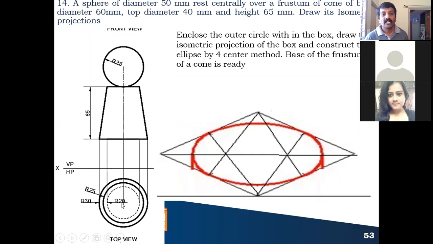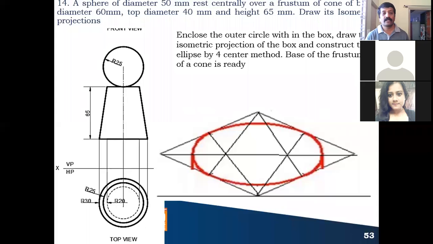Why is this inner circle shown as a hidden edge, a dotted edge? Because the sphere is placed above that. The top circle of the frustum of a cone we cannot see in the top view. That's why it is shown in hidden edges. You have to construct 3 concentric circles in the top view.